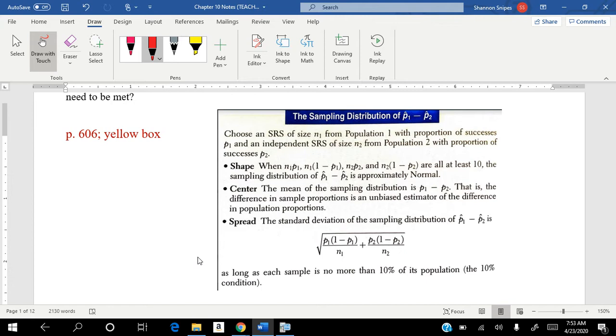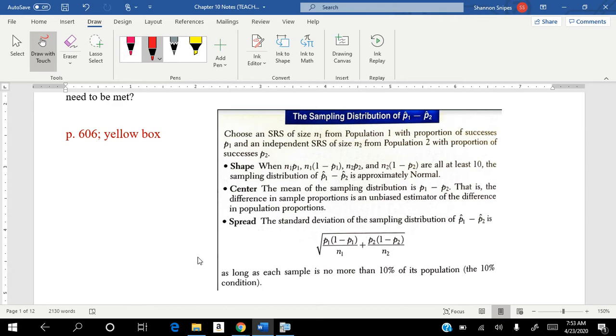If you read the shape one, it is very similar to what we did in the last two chapters. In the last two chapters, we just took the sample size times the proportion and then the sample size times 1 minus the proportion, and we had to make sure that those were at least 10. This time we're going to do the exact same thing, but we have to do it for both samples. You will find the sample size times the number of successes for both samples. You'll find the sample size times the number of failures for both samples, and you'll need to check that they are all at least 10. If that's true, then we have an approximately normal shape,